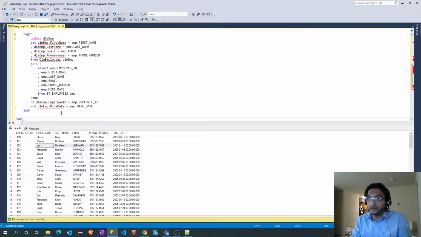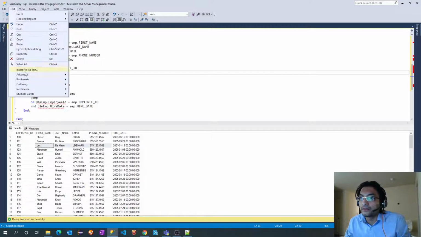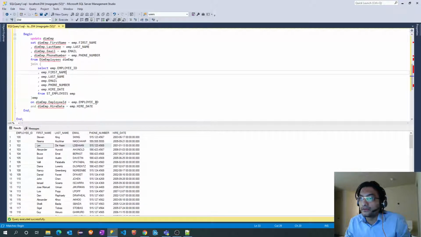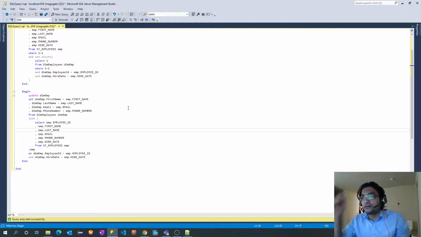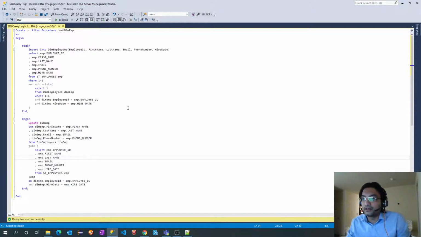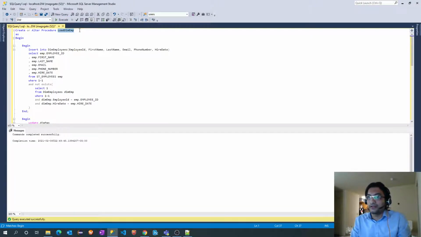Perfect. Why is it throwing an error? Invalid object name dim emp. Yeah, perfect. Begin, end. All right, and let me execute this.